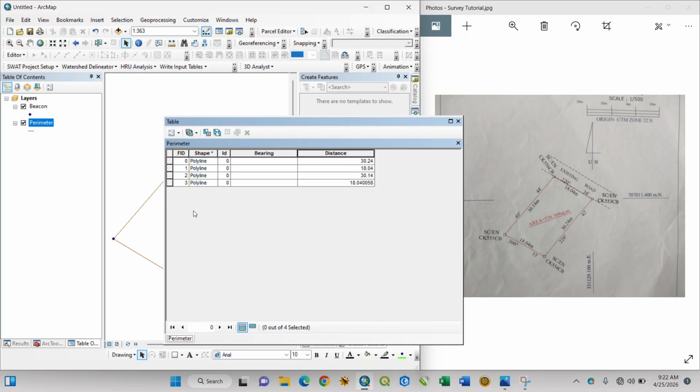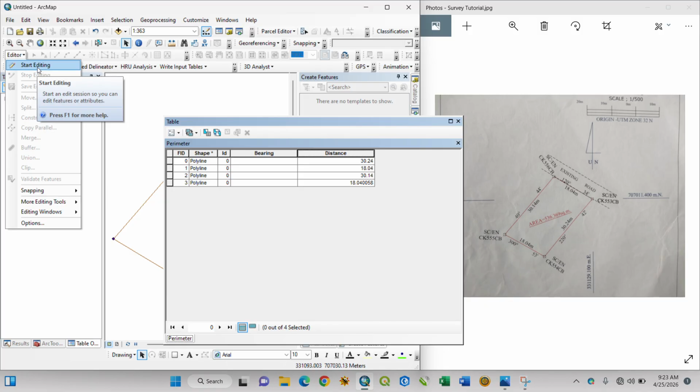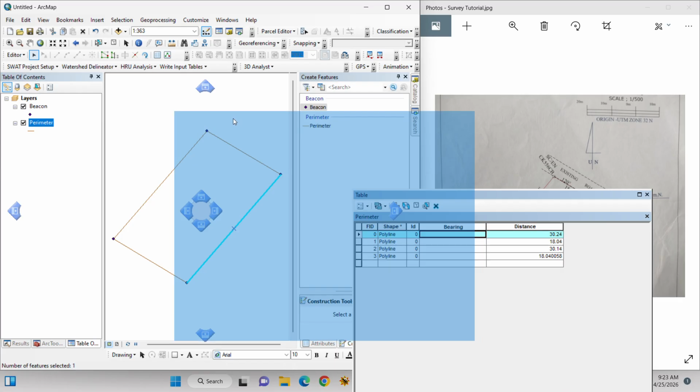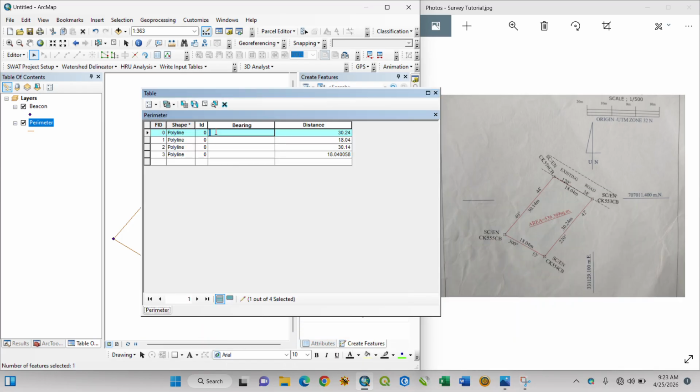So you can see 18.04, 30.24, 18.04 and 30.24. So the distance is fairly correct. So for me to add the bearing now, I can decide to go to start editing, click on the first beacon, which is the first line from point 1 to point 2, okay? And then I'll add the bearing, which is 220 degree